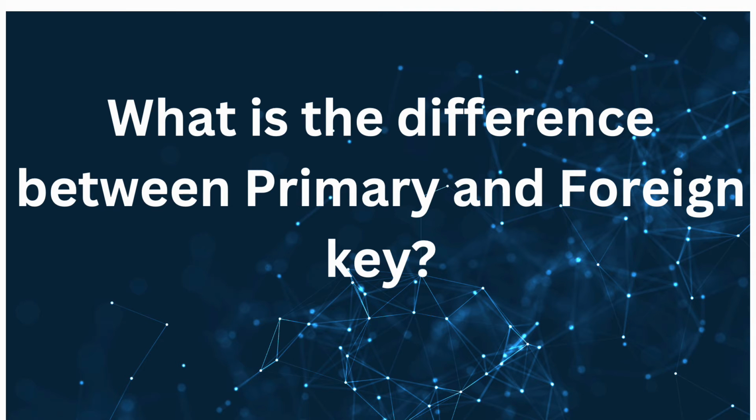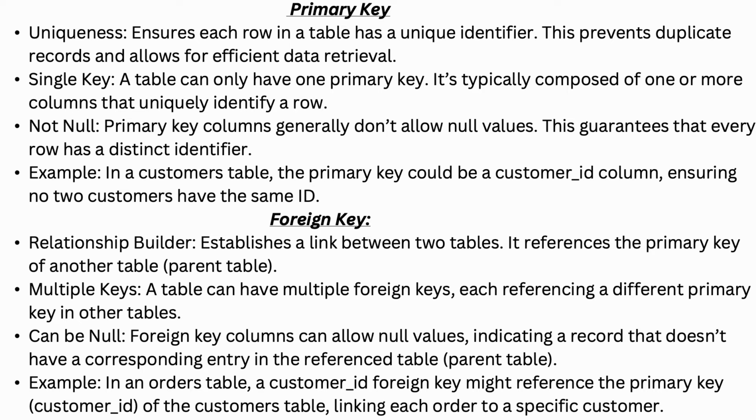What is the difference between primary key and foreign key? Primary key ensures each row in a table has a unique identifier. This prevents duplicate records and allows for efficient data retrieval. A table can only have one primary key. It's typically composed of one or more columns that uniquely identify a row. It should not be null,